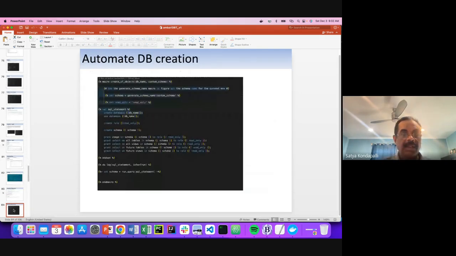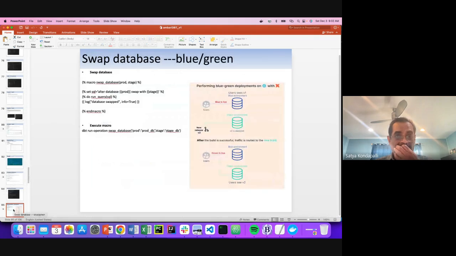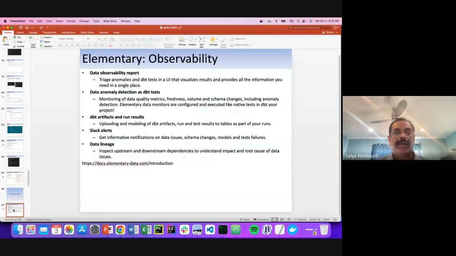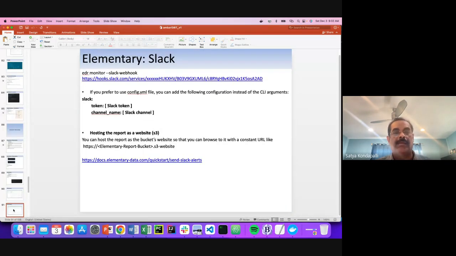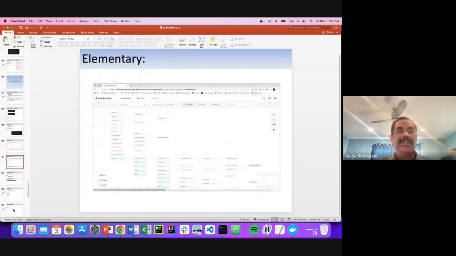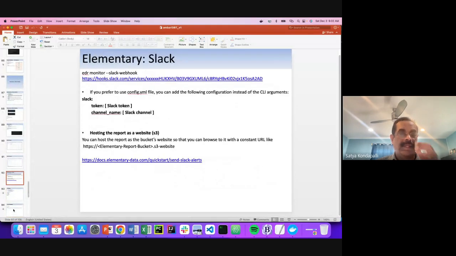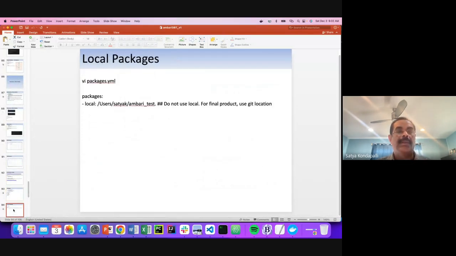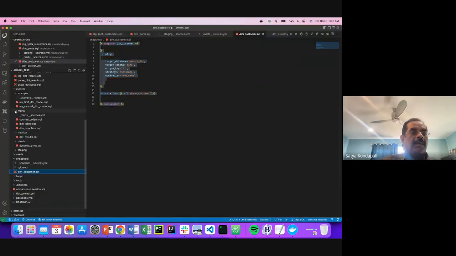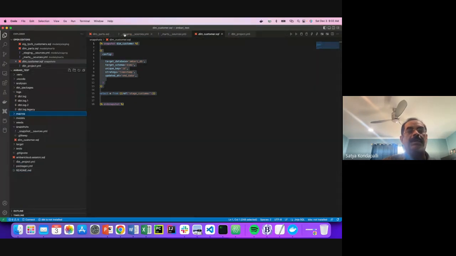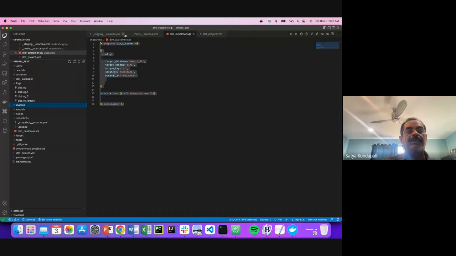Okay, we talked about lineage. You can integrate with Slack, if you have a Slack account. This is where I want to show quickly. Now, let's close all these. I want to emphasize this, make sure that